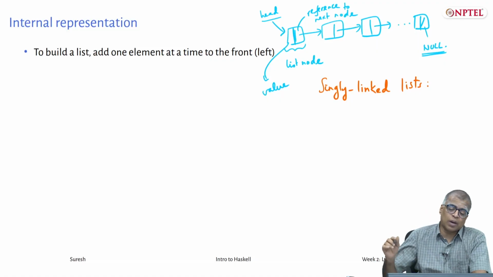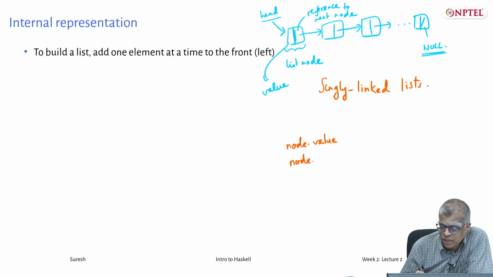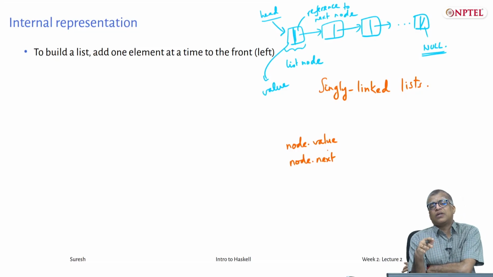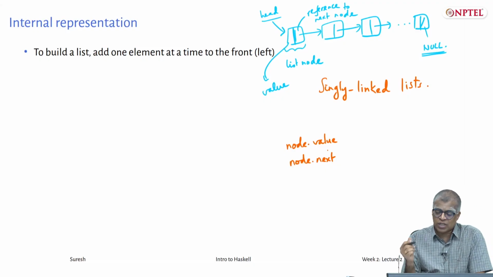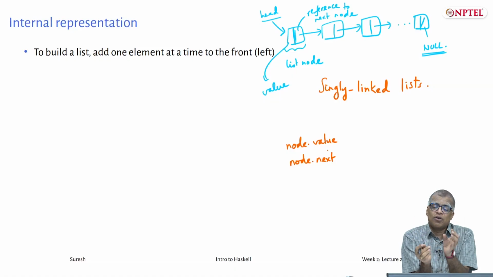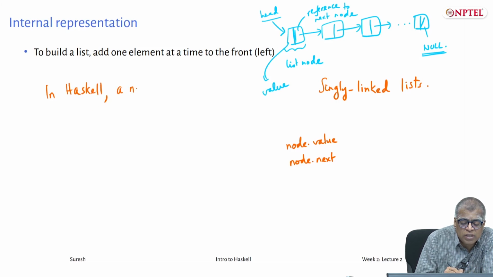So, in a language like Java or whatever, if you have a reference to a node, you can say node.value, or you can say node.next. Node.next points to the rest of the list, and node.value returns the current value. So that is the representation of lists in Haskell. You always view a list as the first element followed by the rest of the list. In Haskell, a non-empty list